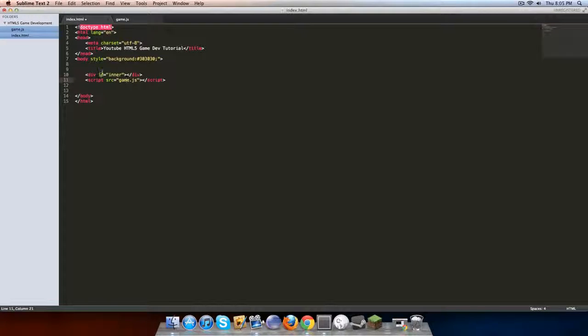Okay, so like I said, we could put the canvas tag in here, but we're not going to. We are going to go over